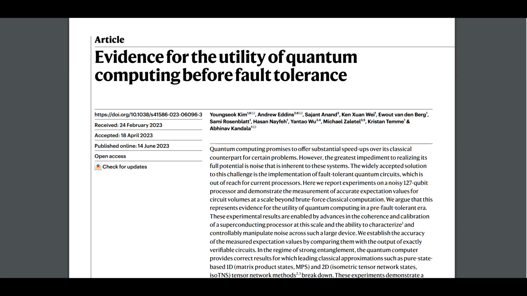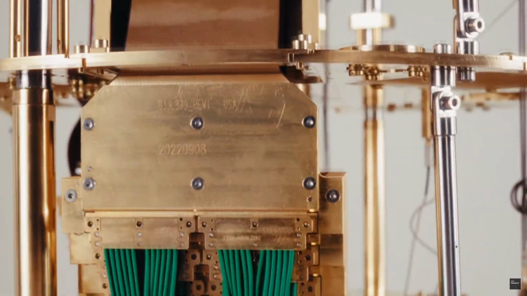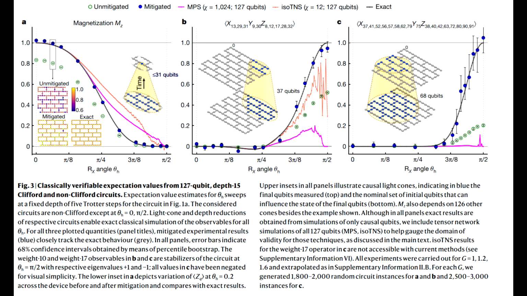IBM and UC Berkeley have published a paper on a new quantum computing breakthrough in error mitigation. Using a 127 qubit IBM Quantum Eagle processor versus supercomputers located at Lawrence Berkeley National Lab and Purdue University, IBM Quantum and UC Berkeley have been taking turns running increasingly complex physical simulations, checking each method against an exact brute